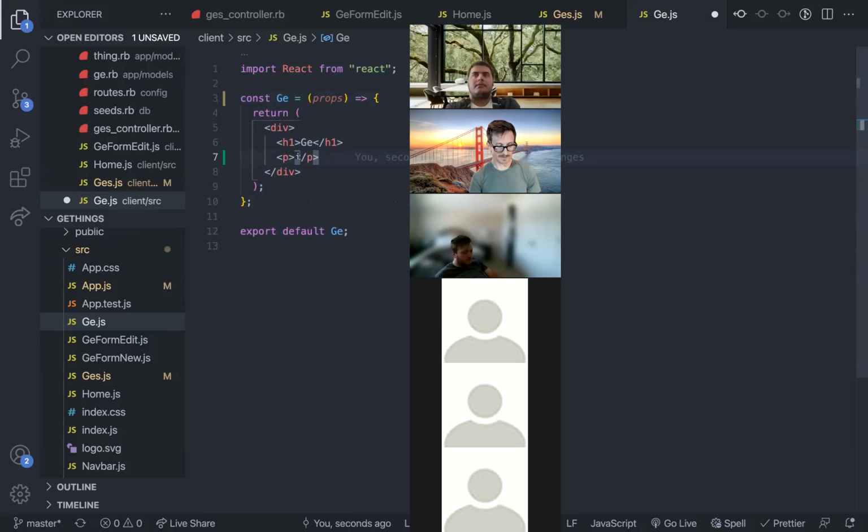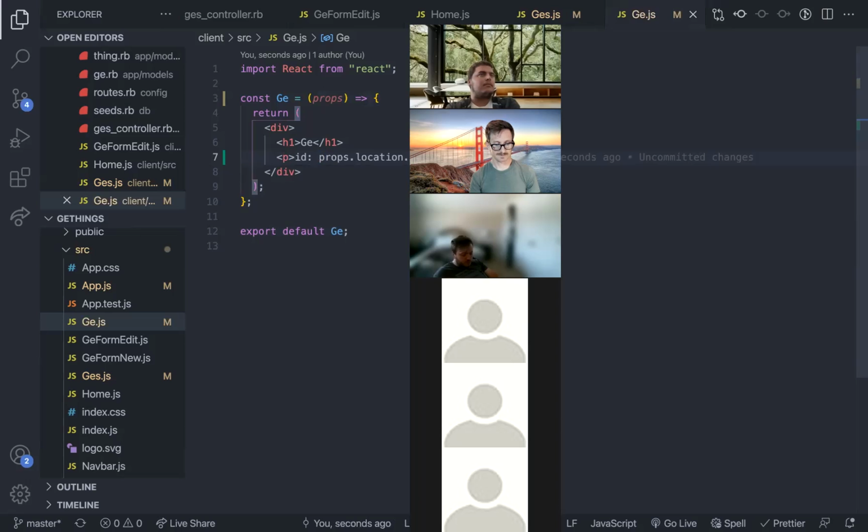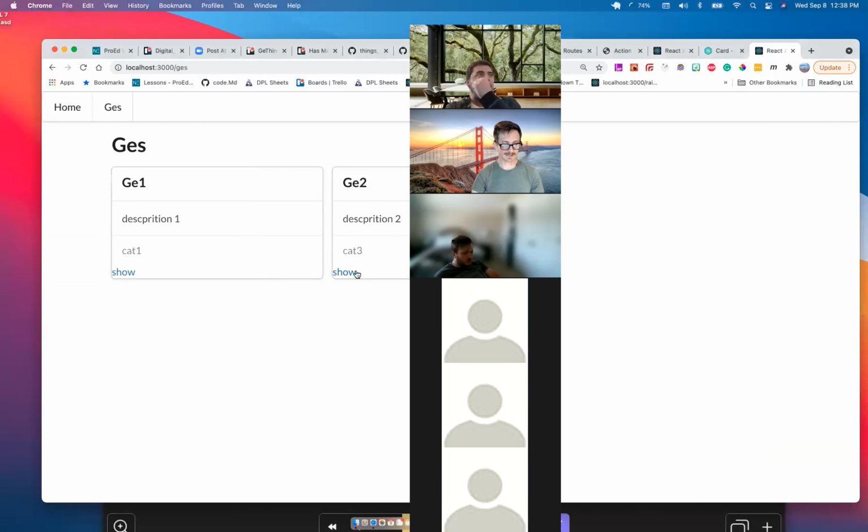Props, remember, it's going to be props.location, I believe, .params, and then whatever we named it in the app, should be ID. This might want to see, hey, am I giving that the ID? So when I click on show,